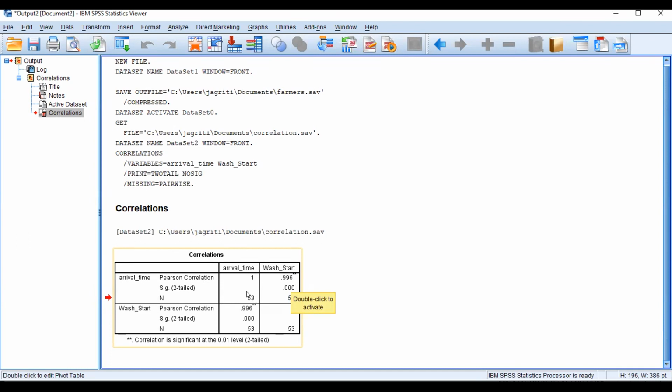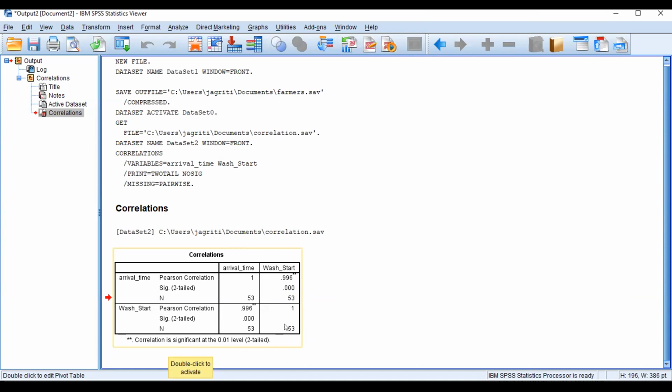We have 53 observations in that car workshop, so data of 1 day, 2 days, 3 days, not just one or two car washes. For wash start, Pearson is again 0.996, significance 0.00 and N is 53.